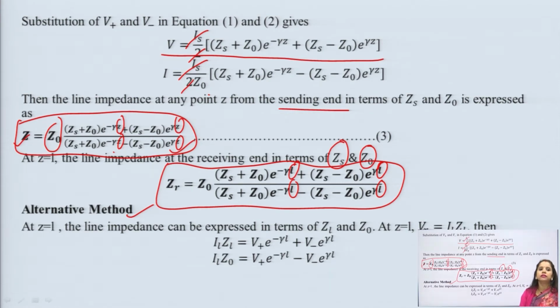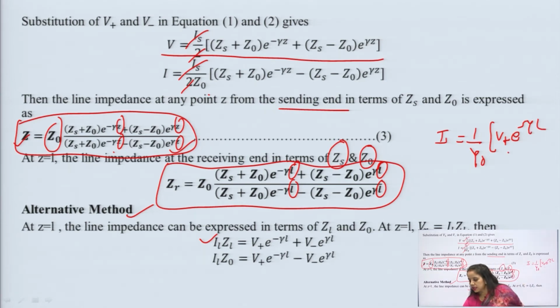So these alternative methods are for the condition when you have the load impedance and you do not have the input impedance. So, at Z equal to L, if we want to express the terms in terms of ZL and Z0 at Z equal to L, what will we do? VL, the voltage, and V will be equal to IL into ZL, and this is equal to V plus e to the power minus gamma L plus V minus e to the power gamma L, and we know the current will be equal to 1 upon Y naught V plus, this is the general expression,